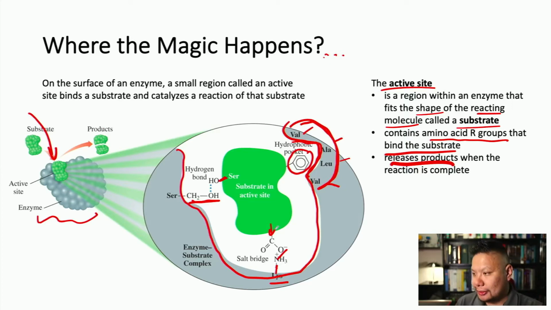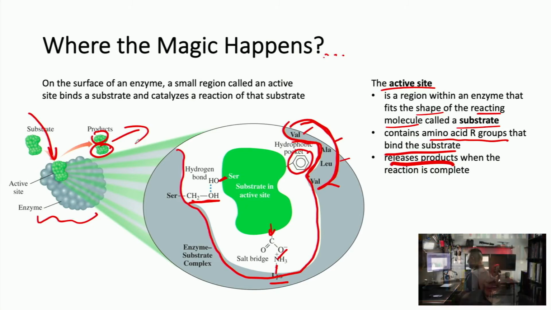So I'm not sure what this example is, but it's just an example of a substrate inside of an enzyme. Once the reaction is done, it separates, it pops out, and the reaction is complete. And then the enzyme, since it's a catalyst, is not actually used up in the reaction, and you can use it again. It can do as many reactions as it wants in the active site once the substrate leaves.